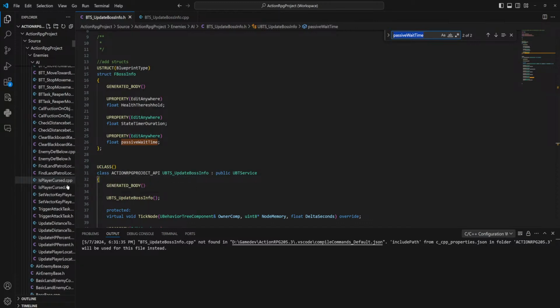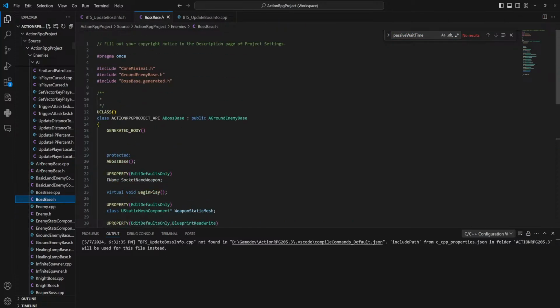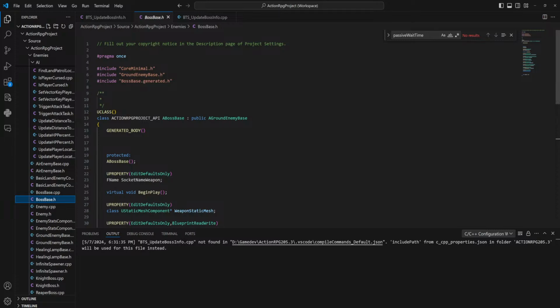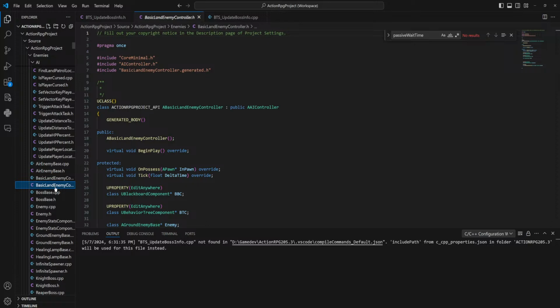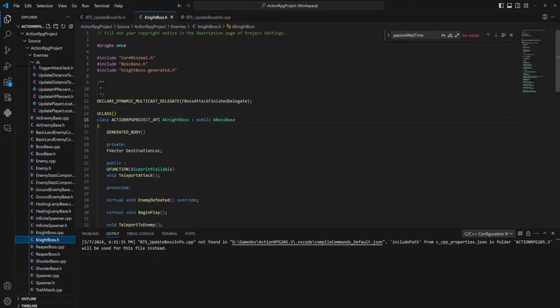Maybe it is inside of the boss base. No, that would have been altogether too logical. Don't tell me it's in the night boss. It's probably in the night boss, isn't it? Not even.